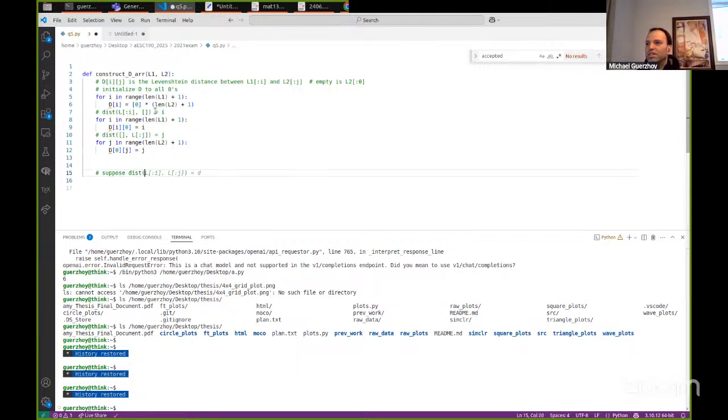Suppose the distance from L1 up to I minus 1 and L2 up to J is D. Then the distance from L1 up to I, L2 up to J is at most D plus 1,